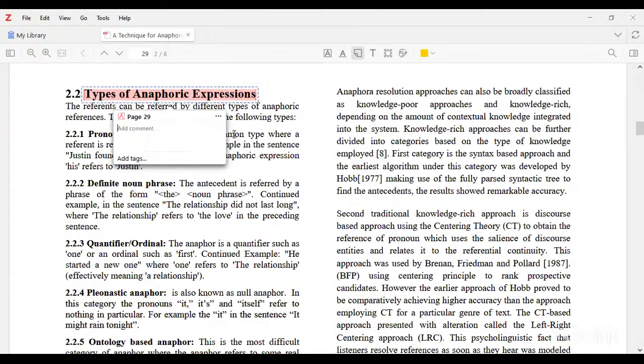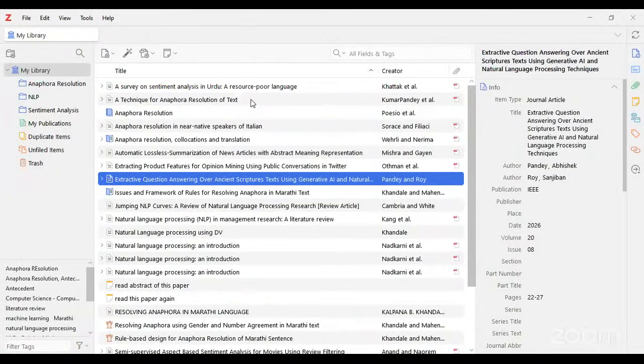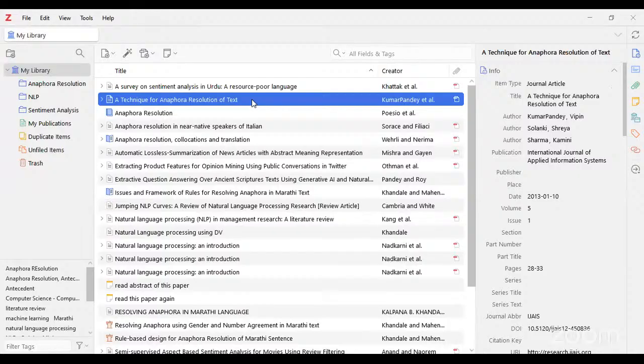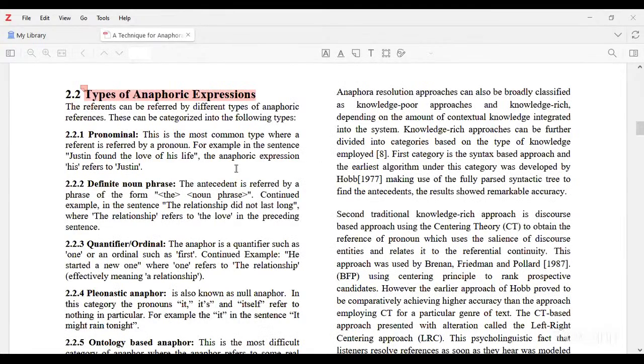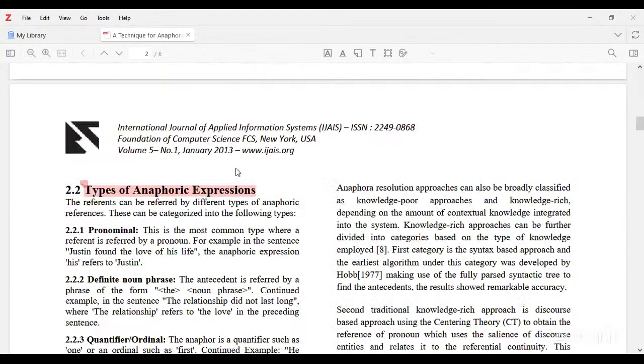Start reading from here. And close the paper. After some time you come back and go to that particular paper and you want to read that particular section, so just click on that paper and you can see here the changes you made are kept as they are. It is one of the benefits for the researcher and the faculty member also.